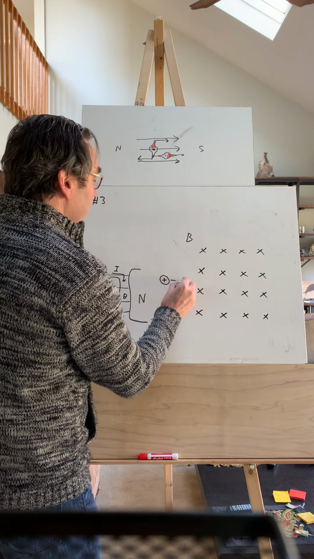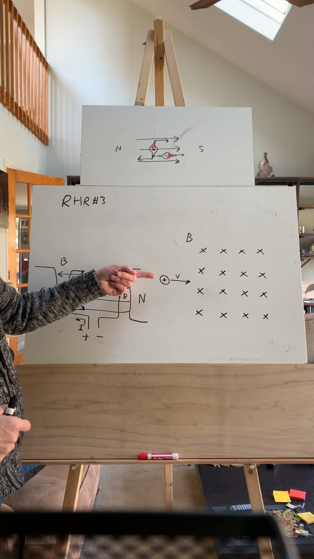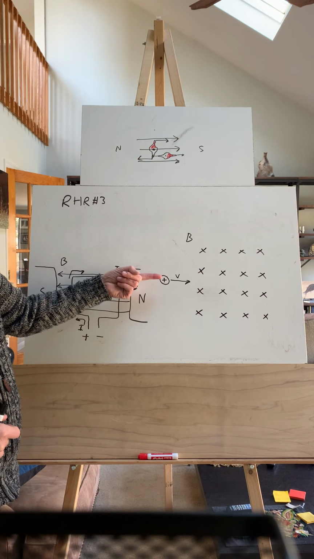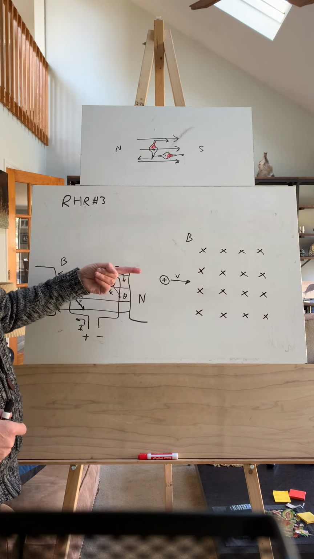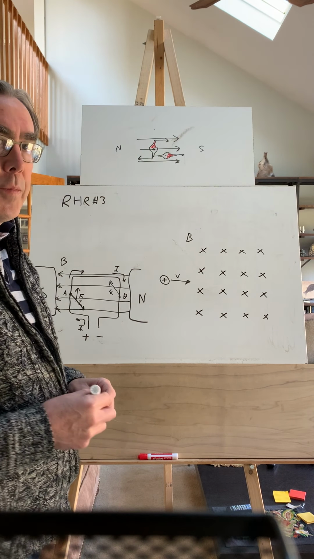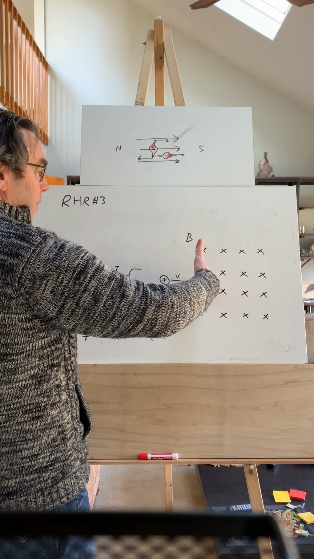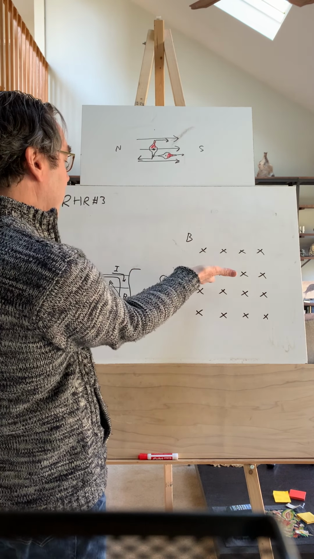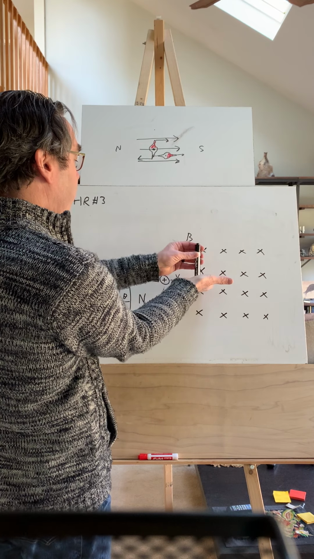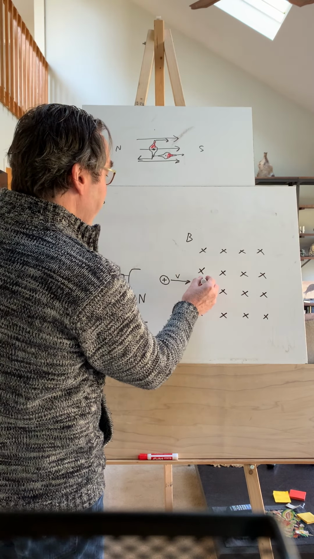And we send that with some velocity v into the field. As long as that thing's going along here, it's producing a magnetic field, but it's not experiencing any external field, so it's just going to go straight. As soon as it hits this field, though, it's going to start to experience a force that we define by the third right-hand rule. So, putting our fingers in the direction of the field and our thumb in the direction of the motion, the force comes out of the palm, and we find that when this positively charged particle gets to here,